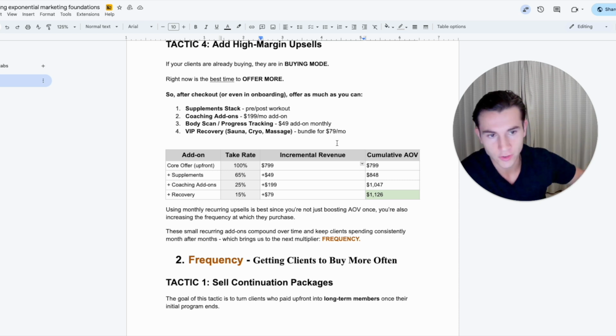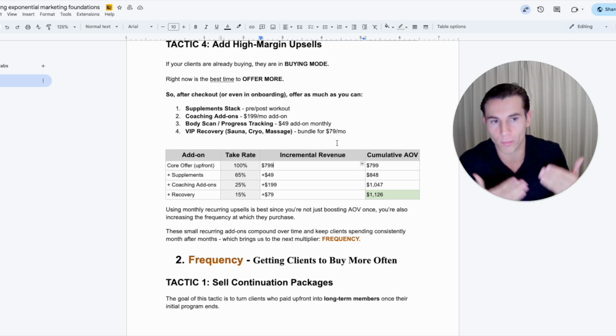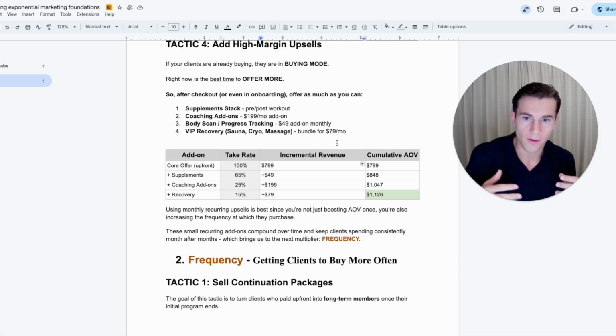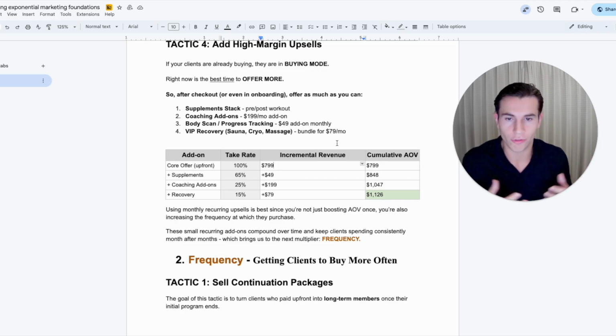Because future revenue is not promised. People make commitments all the time, 6-month commitment, 12-month commitment, and they don't go through with it. Even if you have a contract in place, there's no real legal system for it. Maybe you can take them to small claims court for a $1,000 contract, but that's not real. That's not going to happen. A contract mostly is in place to scare prospects, in a sense, so they think, oh shit, if I don't pay them, then I have to go to court. But that's never going to happen.